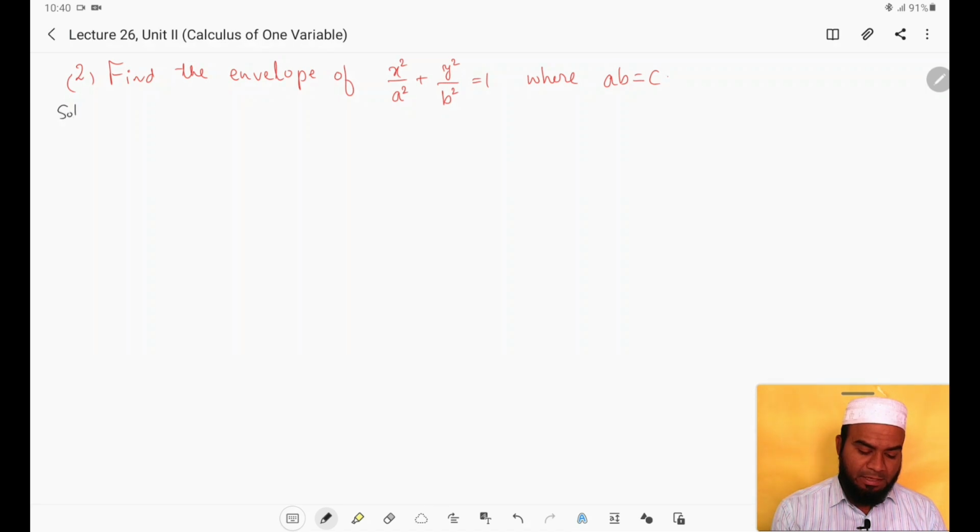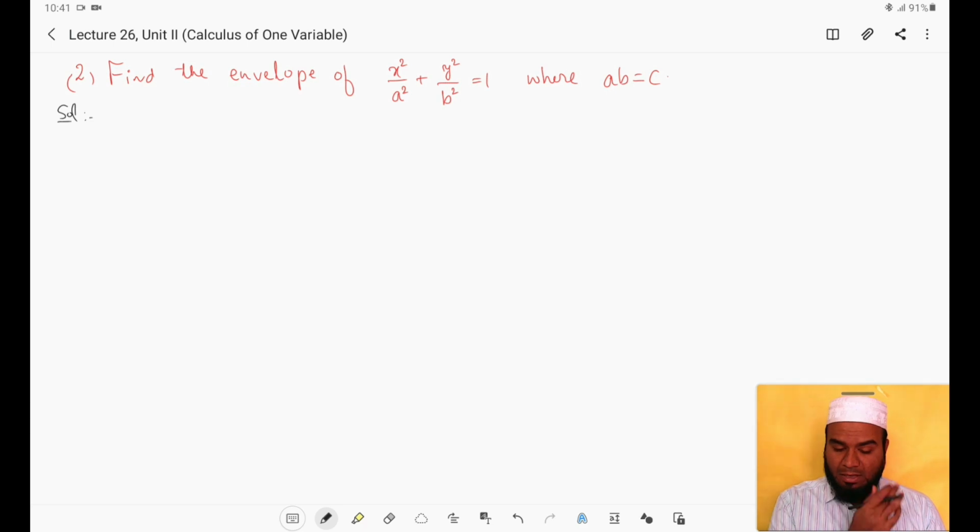The solution is a little bit lengthy, and this kind of question will be asked for 5 marks, that is an LAQ. The previous question, the first question, was also an LAQ. So what I want to say is, from this topic, finding the envelope when two parameters are given and connected by a relation, the question will be for 5 marks. And if a question is asked from the single parameter family, that is the family of curves with one parameter, then the question will generally be for 2 marks.